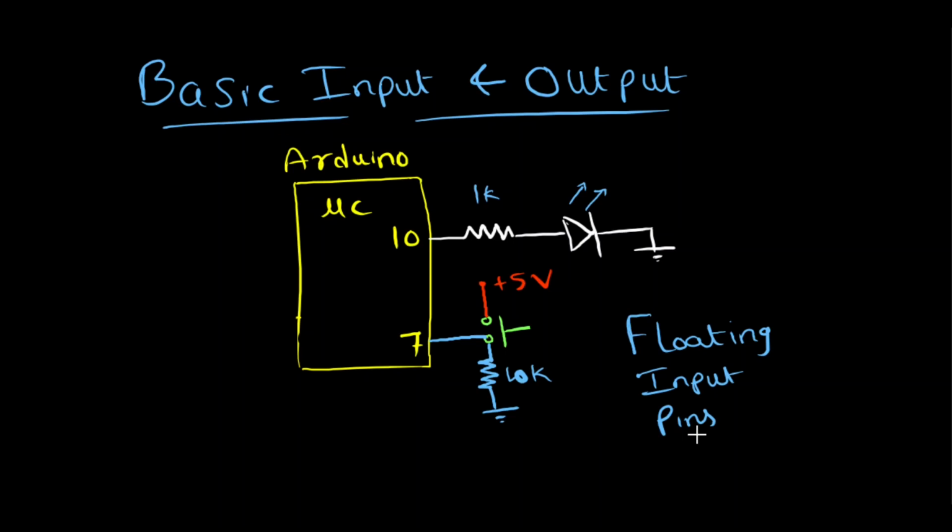In this video, let's understand what floating input pins are and how we can avoid floating inputs. To understand how to avoid floating input pins, first let's understand what we mean by floating inputs. If you look at our previous example where we took this particular switch, we had an extra resistor here which we used to pull the input pin to ground. So the pin state would always be either 0, or 1 when the button is pressed.